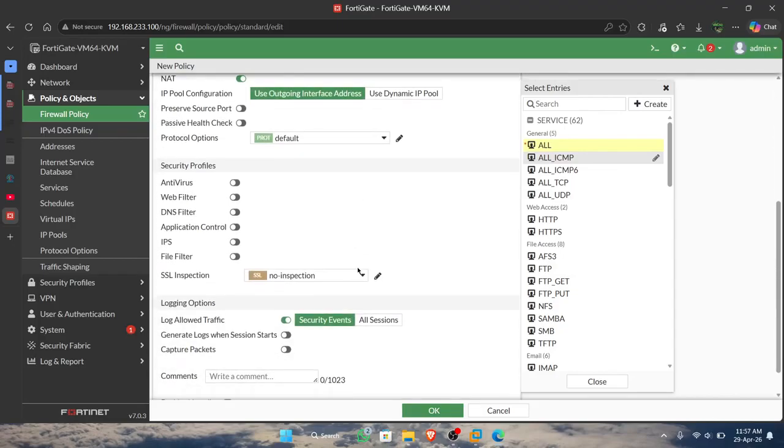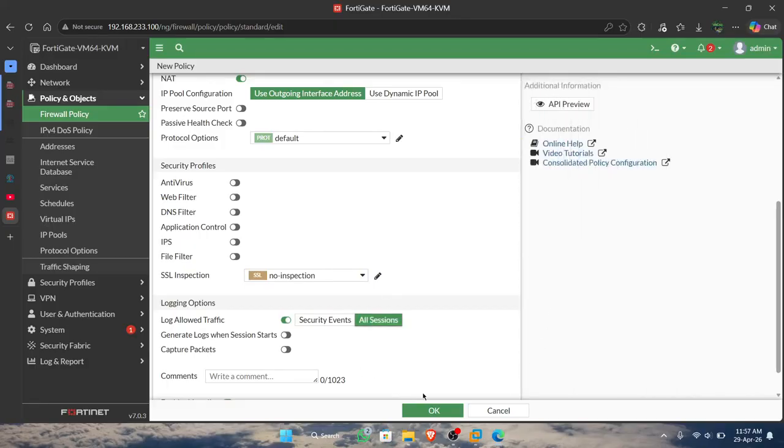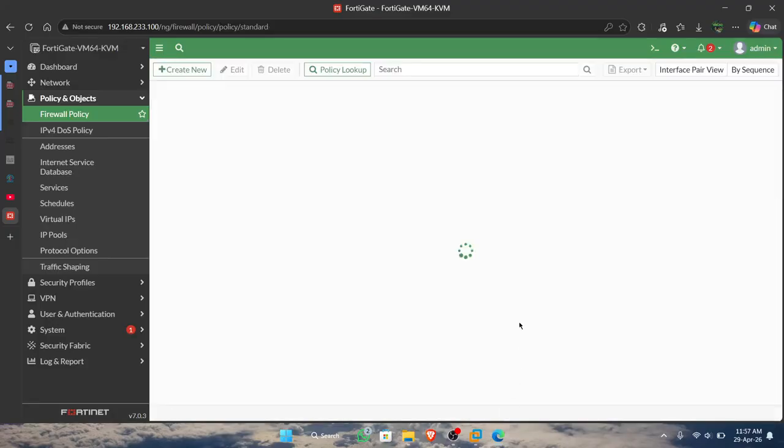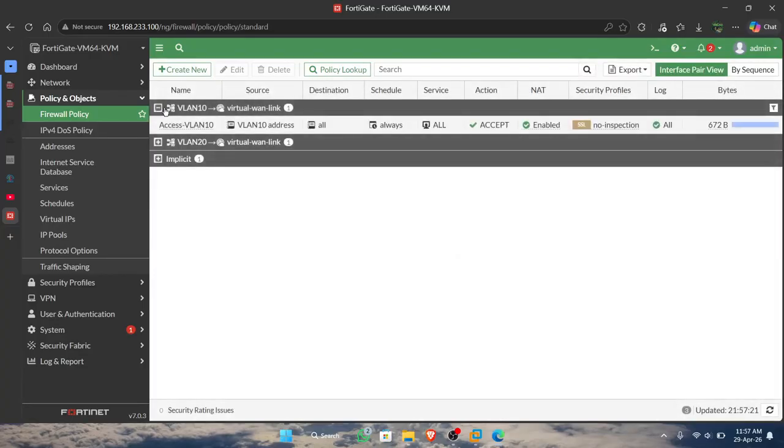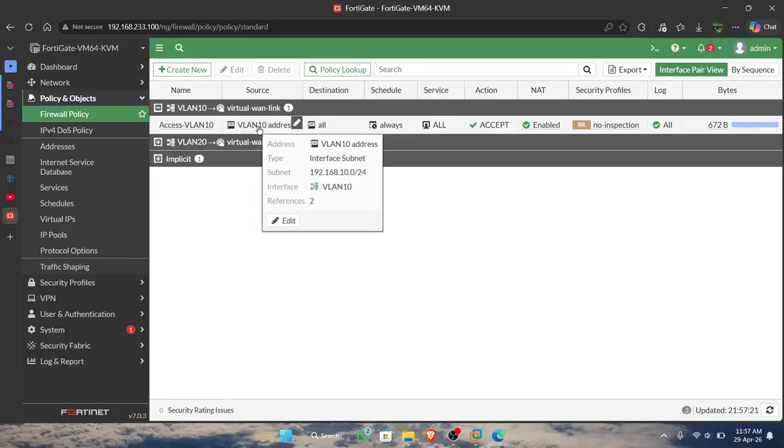In the last, the action is allow traffic. This is changed to all sessions. After this, you can create. Now if you have created it, you can show your rules for the firewall.